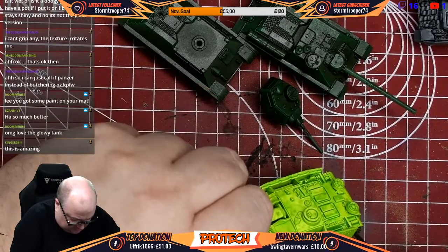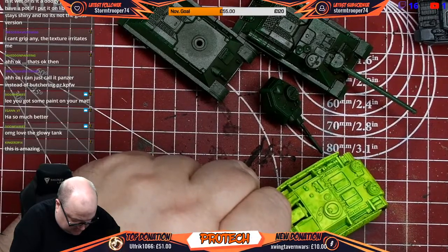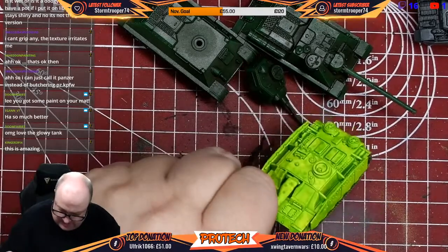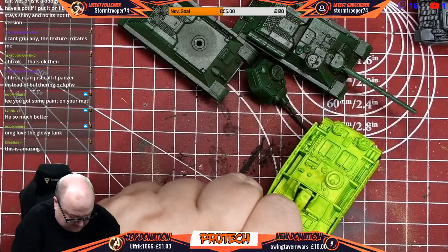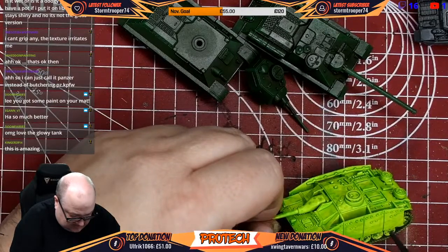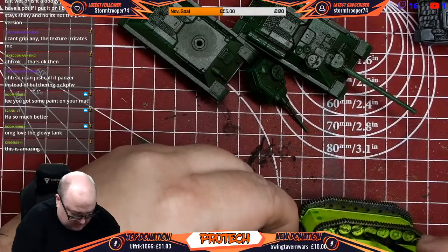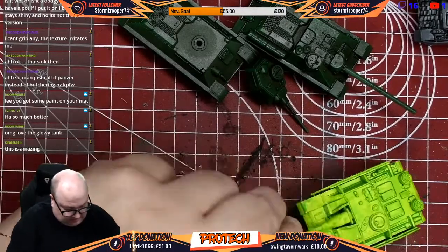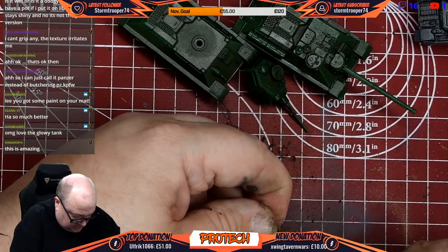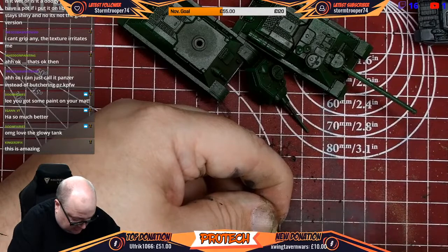There we go. Some splashes of the grey, as if it's grey mud. There we go. So what I'm looking for here is where the paint hasn't settled in the gaps, just to get a bit more into it, make sure it